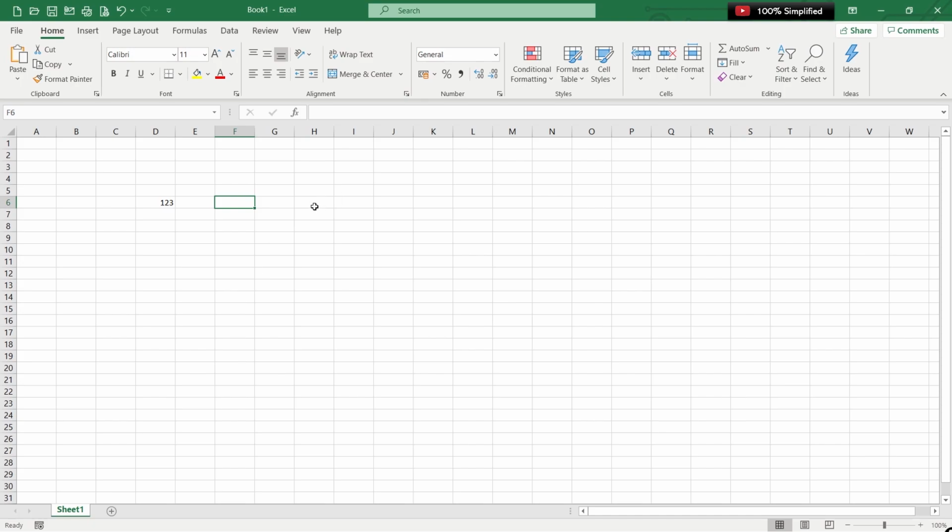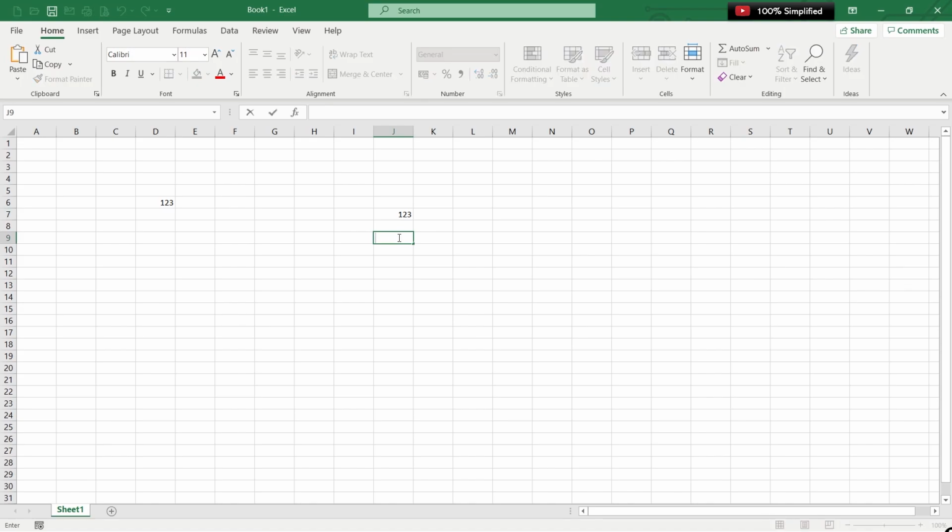Just go to any cell on your spreadsheet. Let's say I go to this cell. I've just clicked it once. Double click it. As soon as you double click it, it will give you an option to enter data into it. And you can enter data like this. So you can see the status is changing every time we are entering data. So let's see a blank cell. It's showing the status of ready.